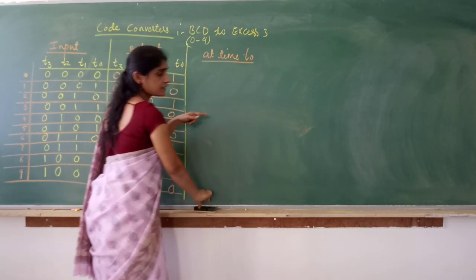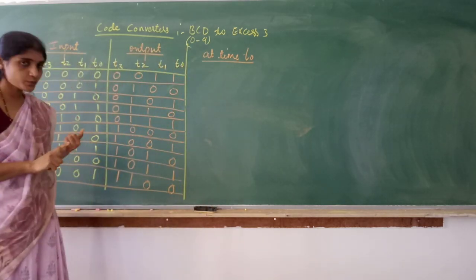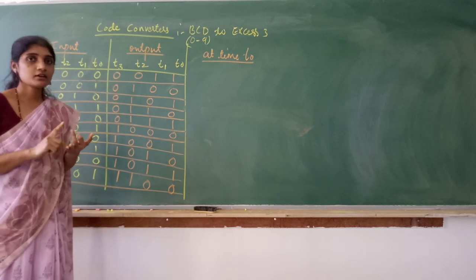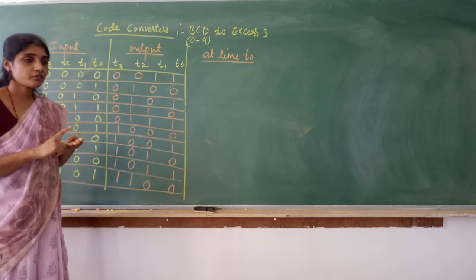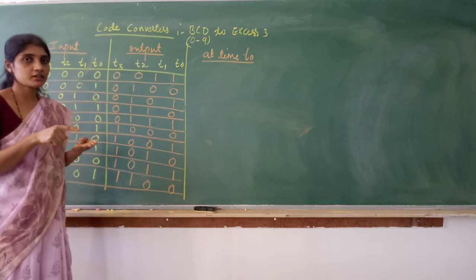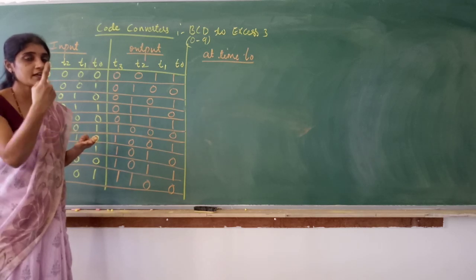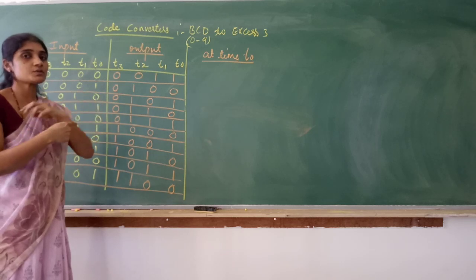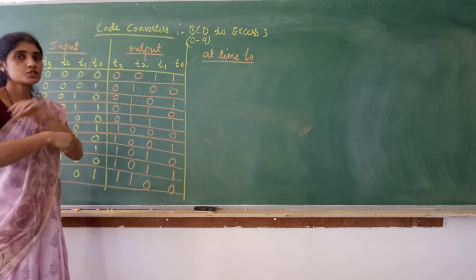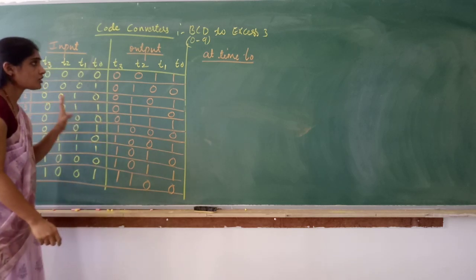Hope this concept is clear. At time T0 we get the first bit, T1 the second bit, T2 the third bit, T3 the fourth bit. So now we have the input. The circuit we design should convert the given number into XS3 code. After that, it should be ready to receive the next 4 bits. So the circuit should reset. That is our logic here.